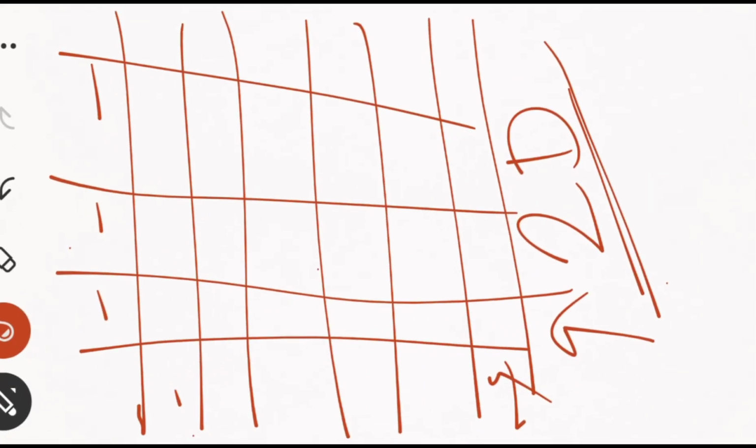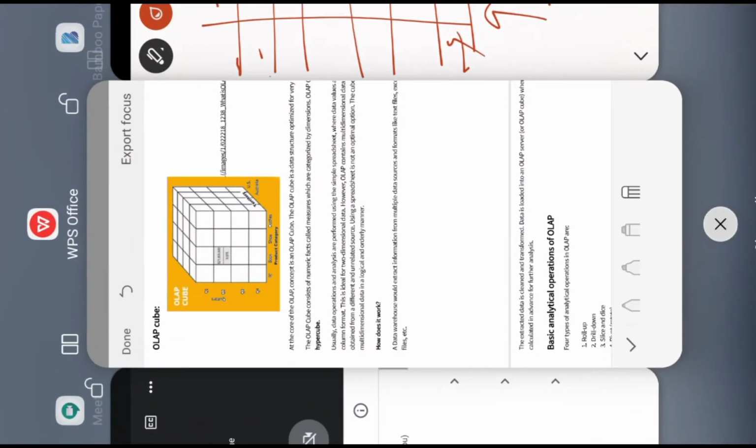Now, before starting with the OLAP cube, I have told you that whenever we talk about a spreadsheet, like Excel, in Excel you will have only two dimensions, rows and columns. In rows and columns you can fit two-dimensional data, but you will not be able to fit multidimensional data. So whenever we need to fit multidimensional data, we will require a logical structure. That logical structure is this cube, right?